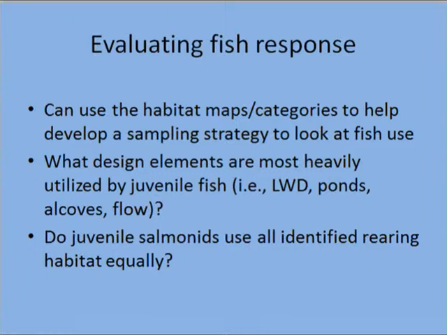Well, let's look in optimal habitat, and what would be called optimal by our criteria in an alcove. Let's look at optimal in the side channel and optimal in the main stem, and see how those densities compare, and so we can see which elements are most heavily used. So we're kind of diving into that, the design features, specific features, because right now our maps assume fish use them all equally.